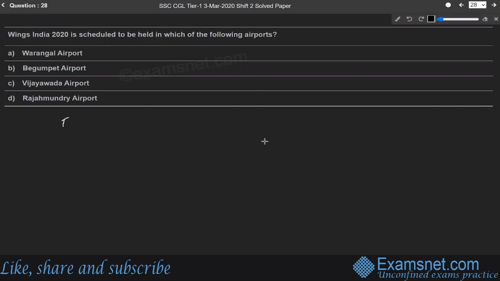It is a 4-day civil aviation business exhibition, and it is also an air show event